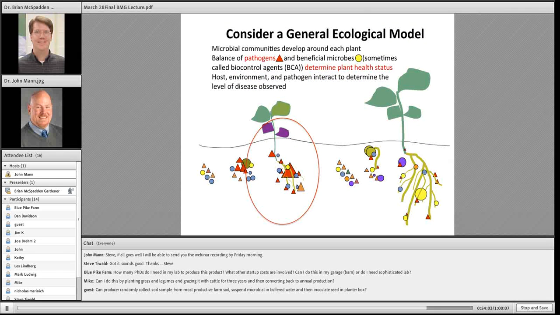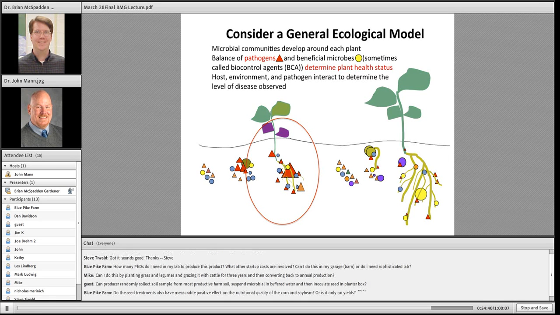Do it yourself. Yeah. And I'll just bring this slide back up to tell you why that would be a dangerous thing. If you were taking just from this area, you see there's still the red triangles there. There's still the pathogens there. And one group of pathogens are called oomycetes, and they love water. So actually, if you were to take soil and dilute it just in water to make your seed treatment, odds are you would actually promote the growth of the oomycetes at the expense of these other things, and your net would be neutral to negative in most situations. So I would not